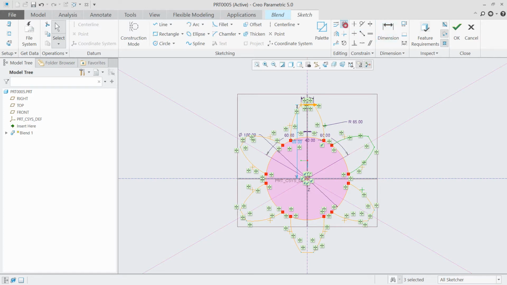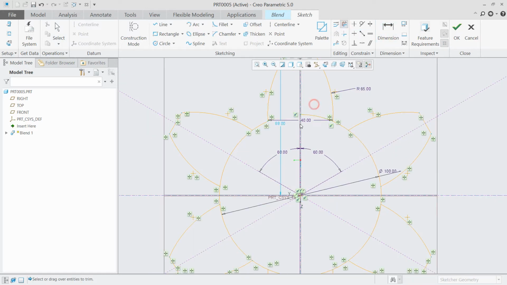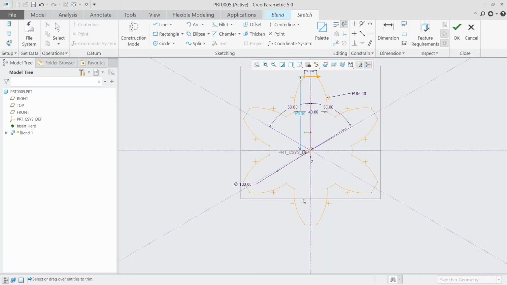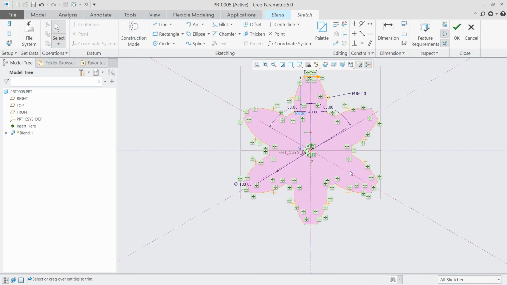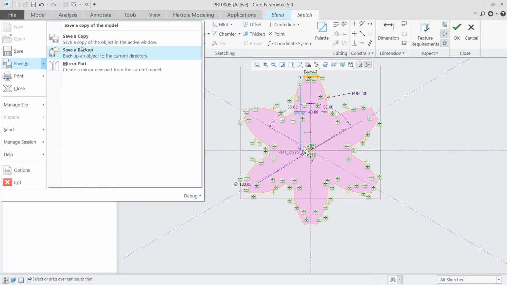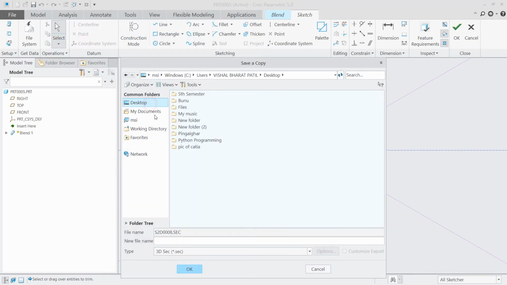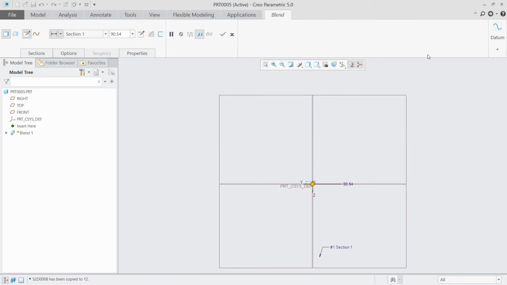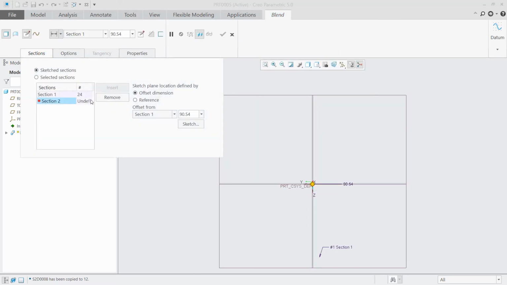Now erasing the unwanted parts, this, right. If you see, it's a closed section now, right. So first of all, saving it for further use, save a copy. I'm saving on the desktop, naming it 12. Okay, pressing it here. Okay, now sections, here section 2 is selected now,